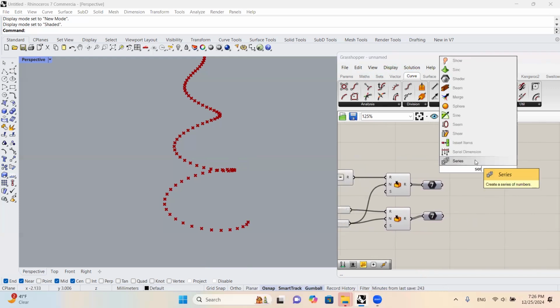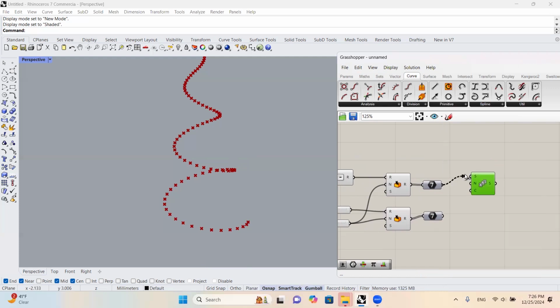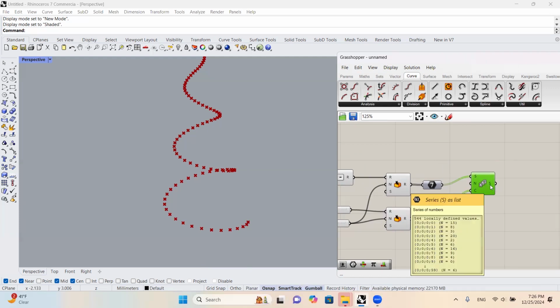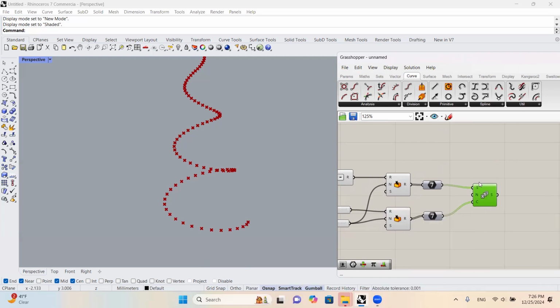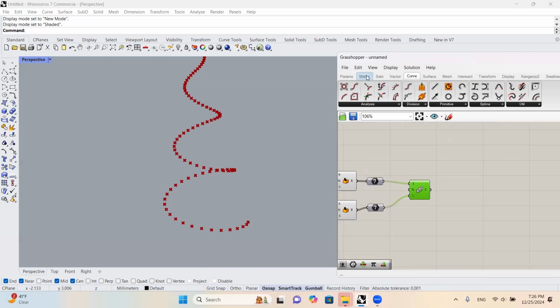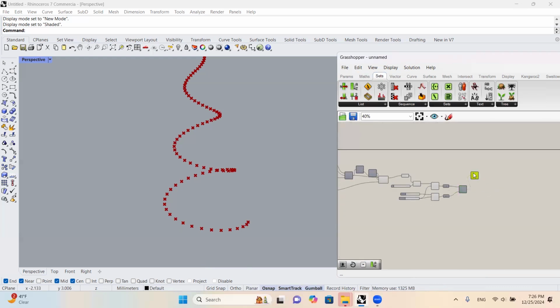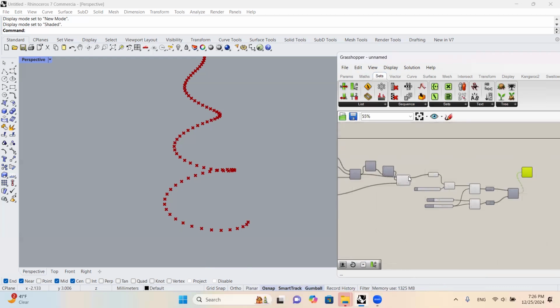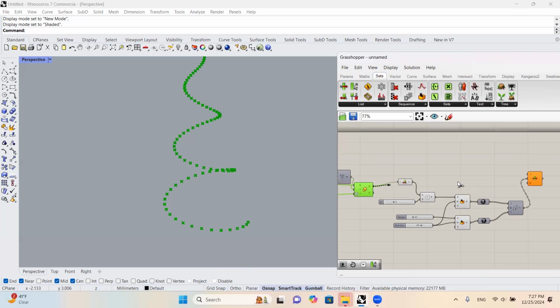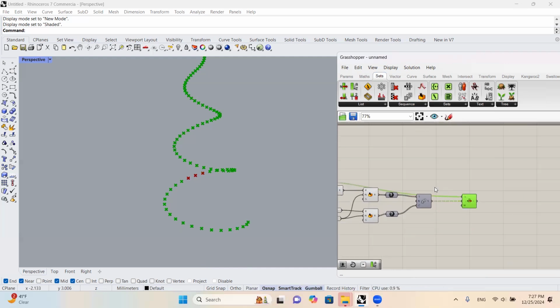Then I will come over to series. This is a starting point, and this is the counter. So we will get 60 different types of series. And then we're going to come over to sets, index, and the points will be plugged here. And then we will make